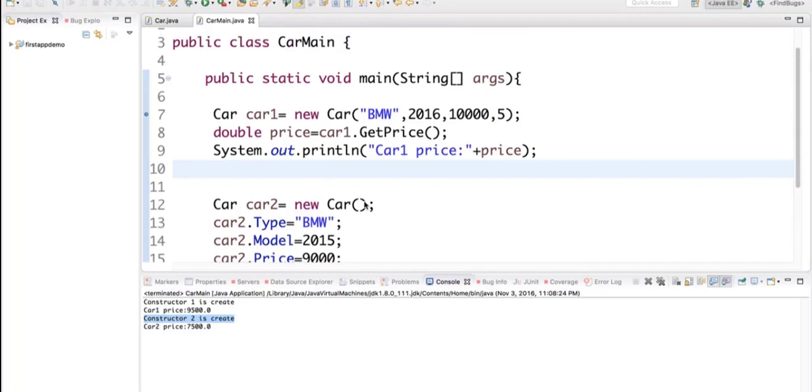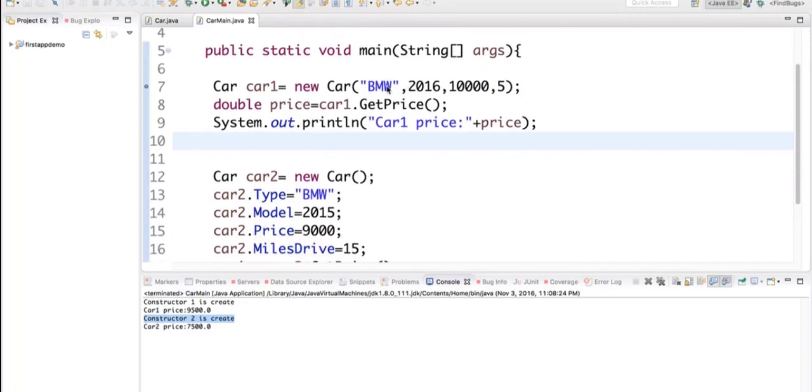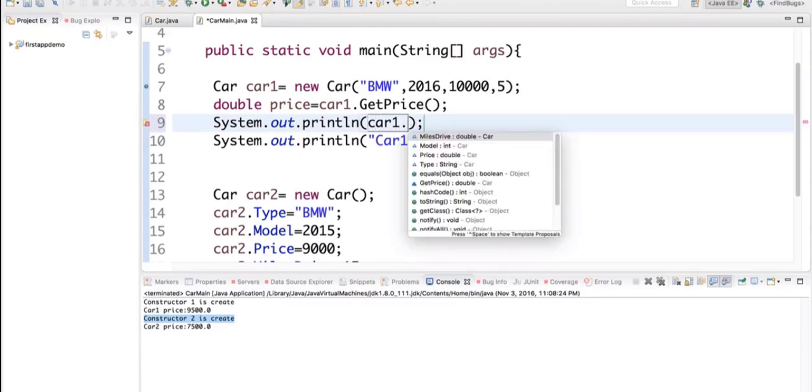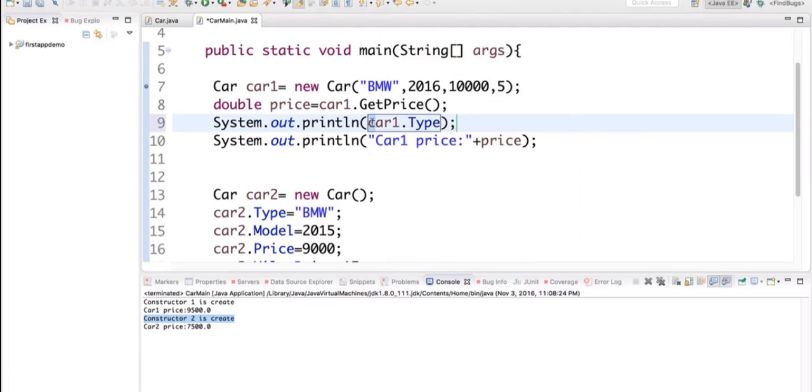For example, this one. Let me give you the example. If you see here, I gave the type of the car, BMW. So I could say SYSO for S1 or car one dot, the model, the type of the car. So let me say type. In this way, I hope this one will work. So if I take this one and try to do the same thing with the second one